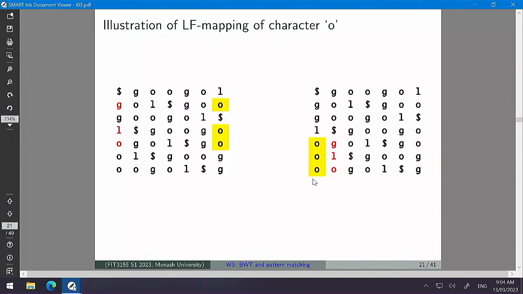Where does G start? At position 2. So the rank of G is 2. Where does L start? It starts at 4, isn't it? And where does O start? It starts at 5. So all I need to do is, if I have the Burrows-Wheeler column,